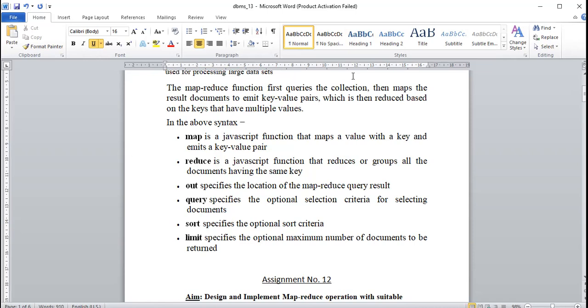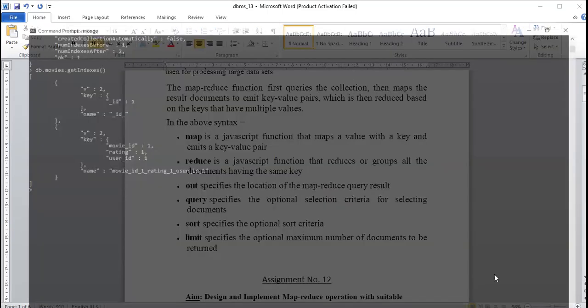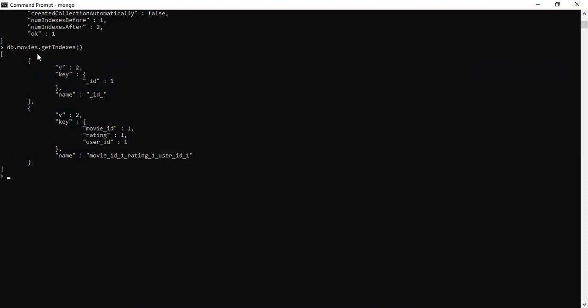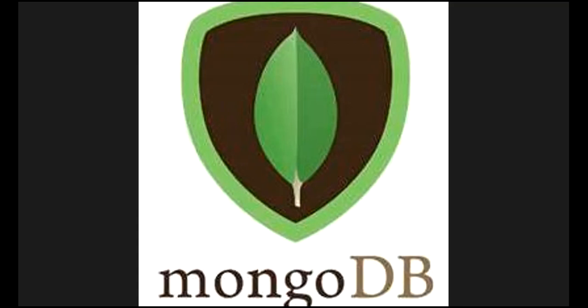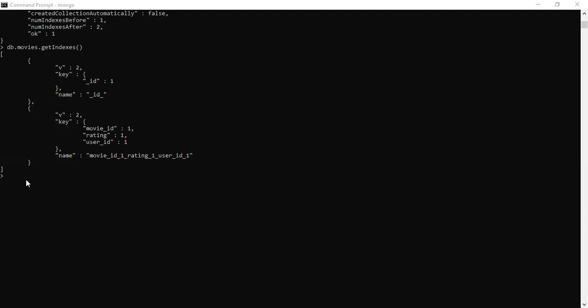Now we will start by sharing the MongoDB screen once again. Here we will start with the actual problem statement. I will share the screen, and we will start. For MapReduce functionality we will create a particular collection. The name of that collection is order. I want to create that order collection.